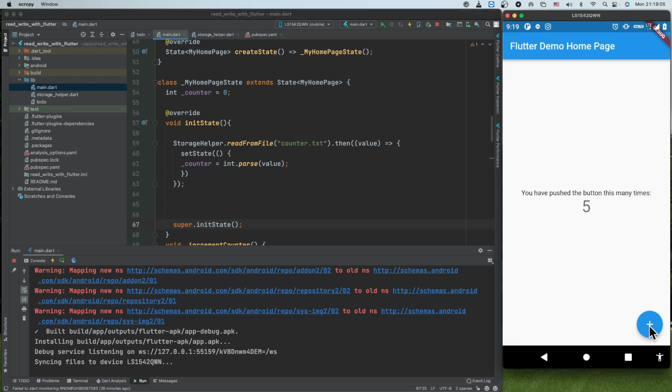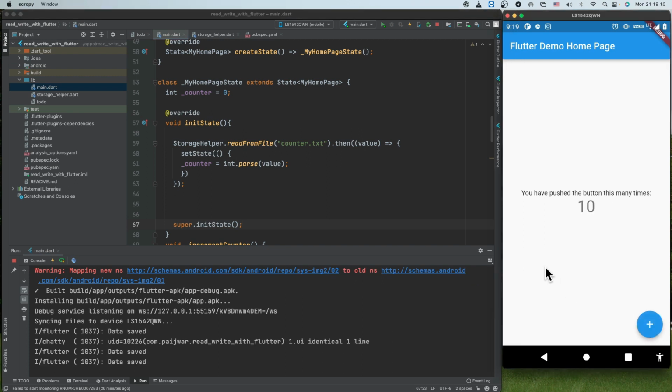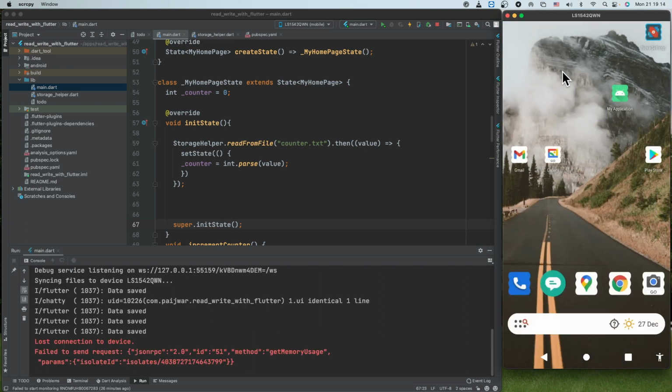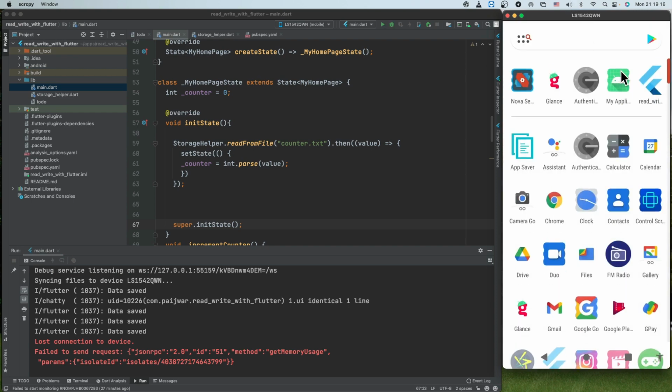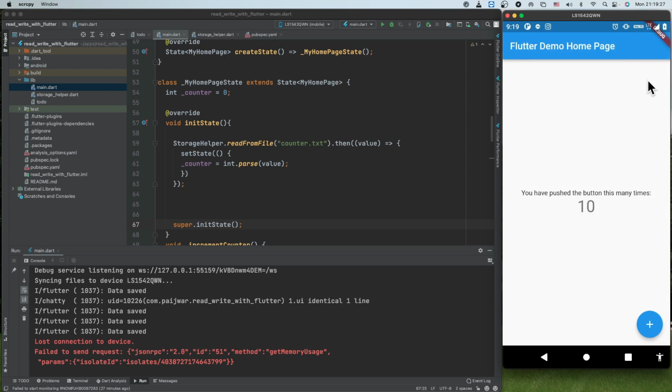Now I change it to 10. Okay, now I kill it from here, relaunch, and it should have the value of 10 at the beginning. Yes,